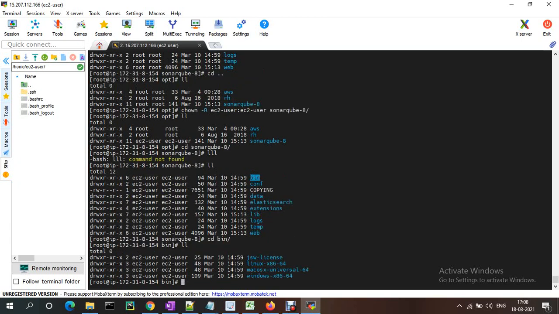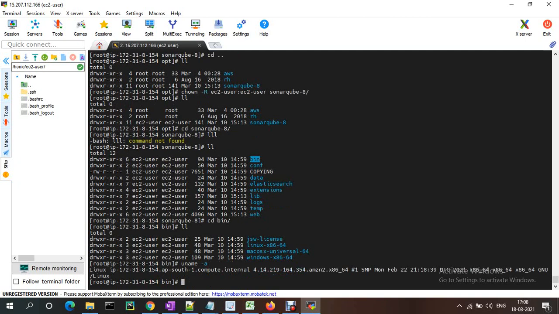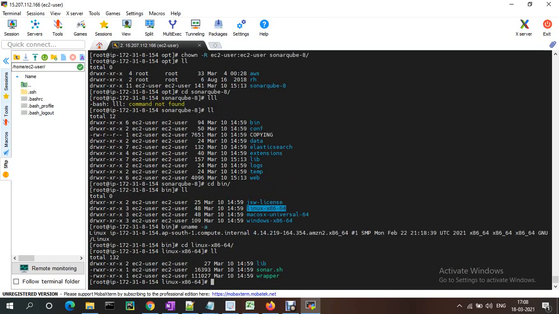We need to check what the version is, what our server is, and for that, uname -a. This is Linux 8.6, and this is the Linux server. We need to go inside the Linux folder, and there is sonar.sh.